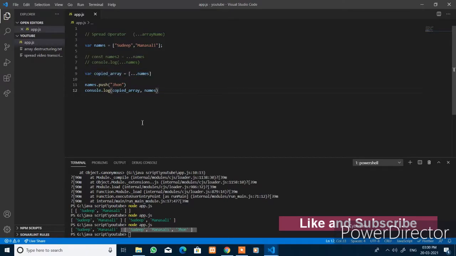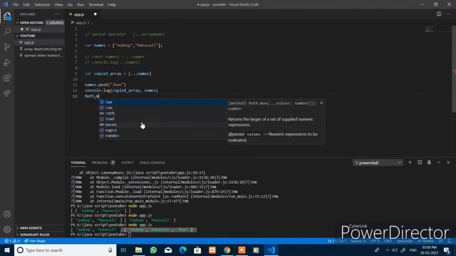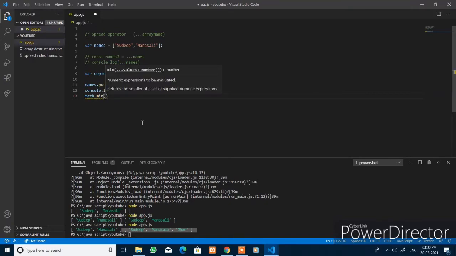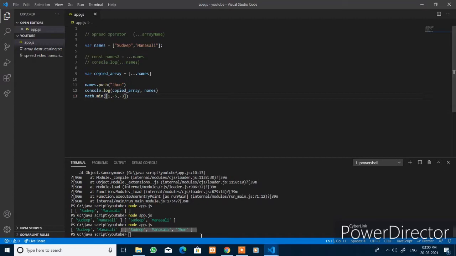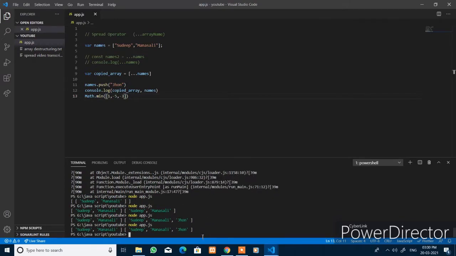Now you also have some functionalities in JavaScript. For example, on the global Math object, the Math.min function takes arguments like 1 comma -5 comma -3, and it does not take array values like this. If you do that, now just save it and run here.